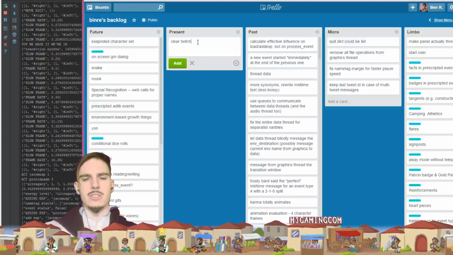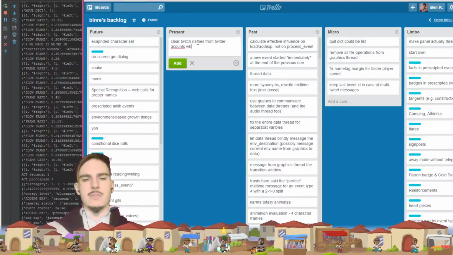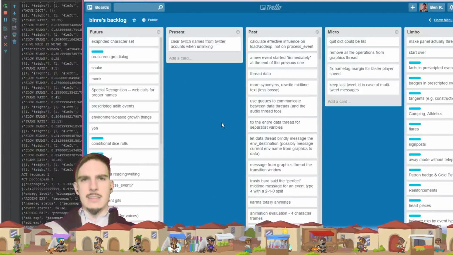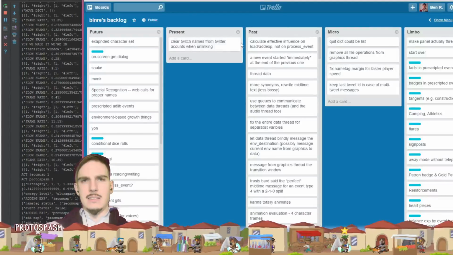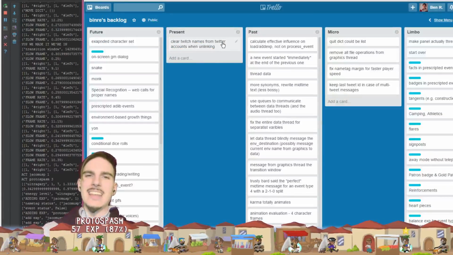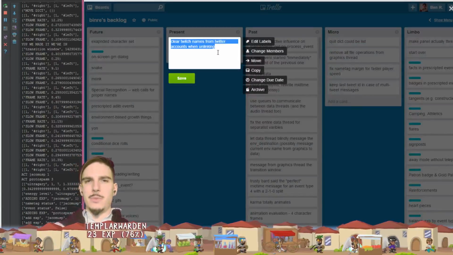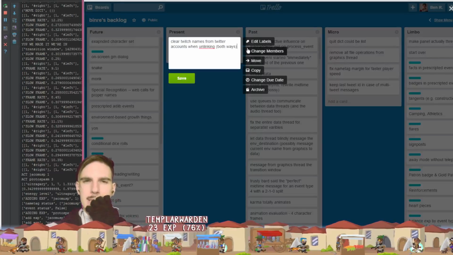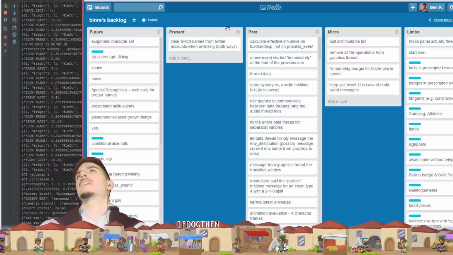Clear Twitch names from Twitter accounts when unlinking. Yeah. I typoed. I think there are also two ways to unlink, so I'll have to do both ways, because there's the explicit unlink and there's the implicit unlink. The implicit unlink is there's